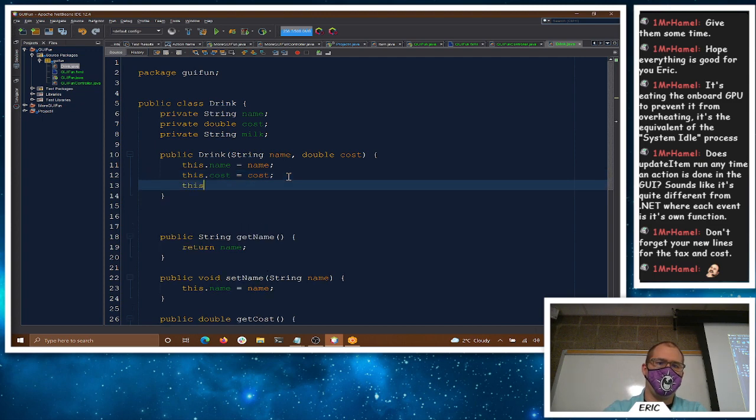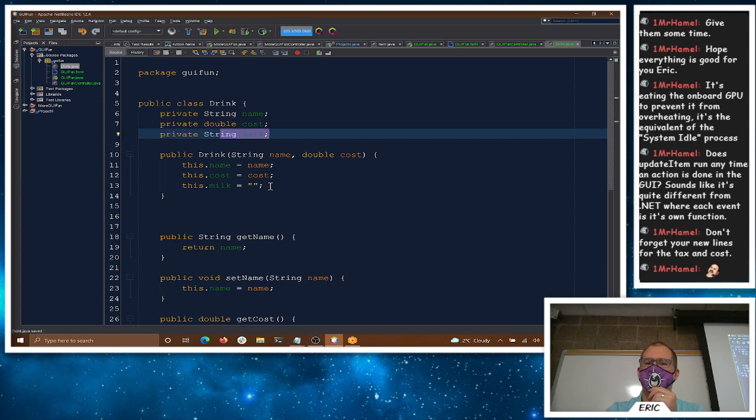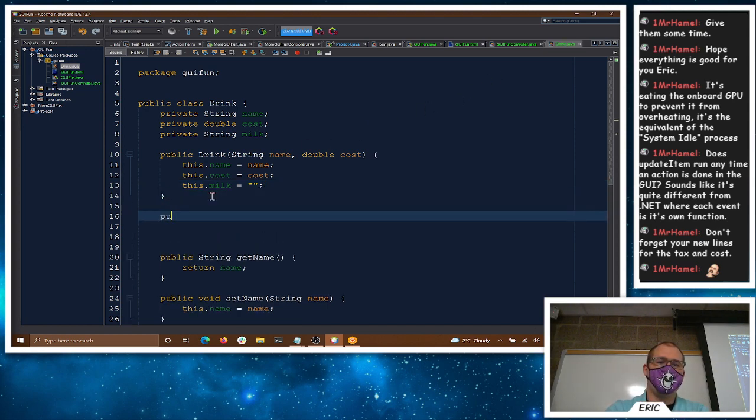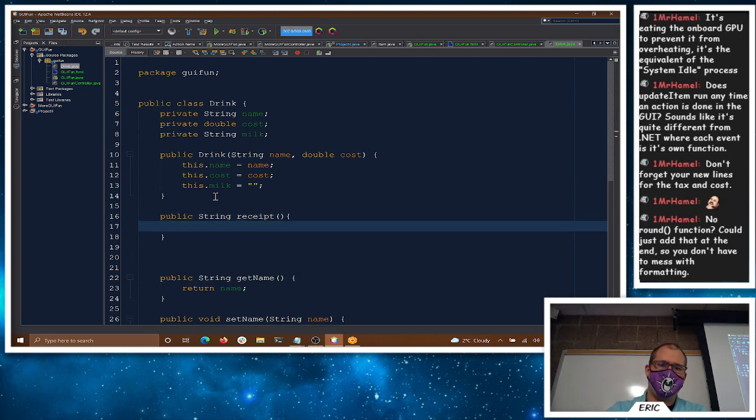Right, so then we'll say this.milk equals nothing to start, because we need to give the attributes values, and we don't want null, because null is no fun. So give it some sort of value here. Okay? And then maybe we need another method here, like a public string receipt